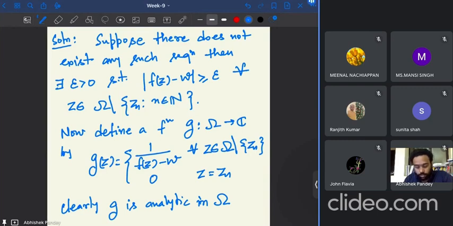So if z is not Zn, this 1 upon f(z) minus w has modulus less than 1 upon epsilon. And once you take any point, let us say z1, z2, since it is very close to w, we have defined it as 0. Okay,